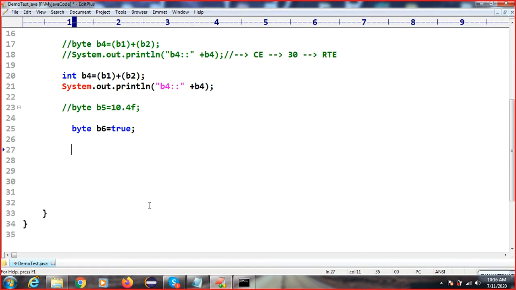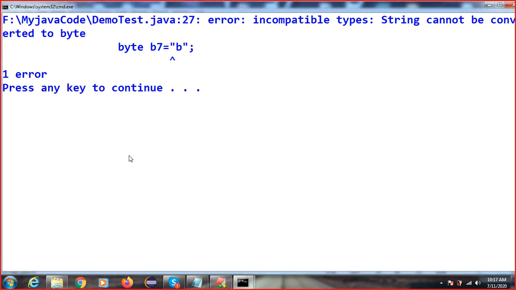If you try to store byte b7 as a string type, a or b, you can give something. Again I'm commenting the others, and I compile this code. You can see we are getting incompatible type, string cannot be converted into byte.